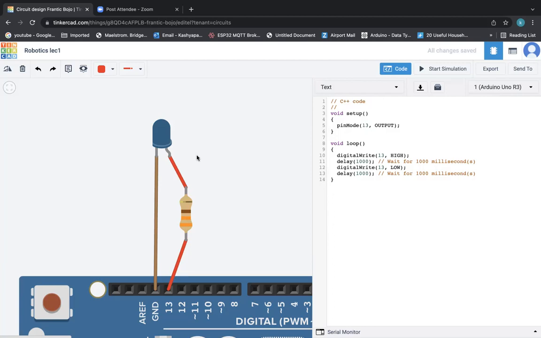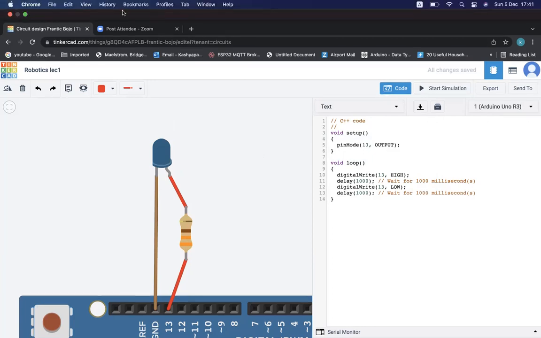So there is a small change that you need to do physically. You need to change the connection and you need to change the code as well, right? So I'll give you 2 minutes. So I want you all to connect the LED to pin number 10. And once you are done, please let me know.